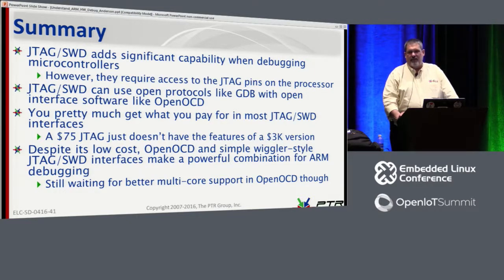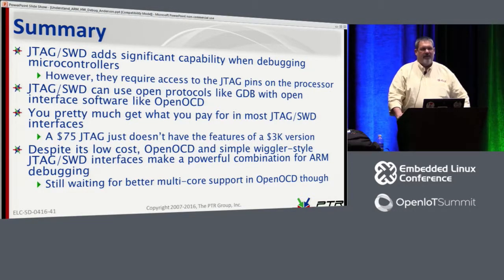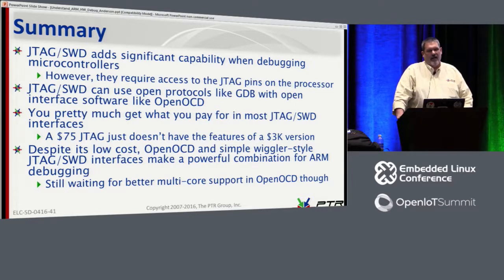But assuming that your manufacturer is friendly enough to allow you access to the JTAG interface, then you should be able to use this interface as a way of not only debugging source code, but also debugging the early boot cycle that's typically done in assembly language. You actually get quite a bit for a $75 JTAG. You can get all kinds of information out of something like that, but if you want to have the trace macro support, if you want all the rest of that fun stuff